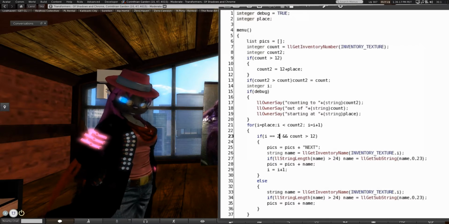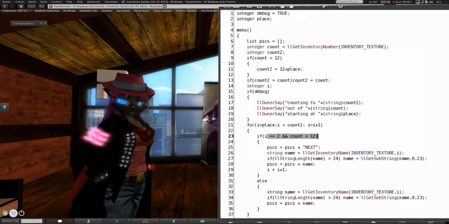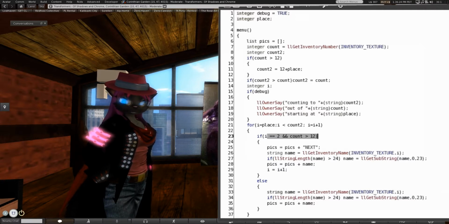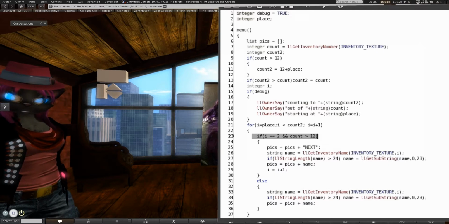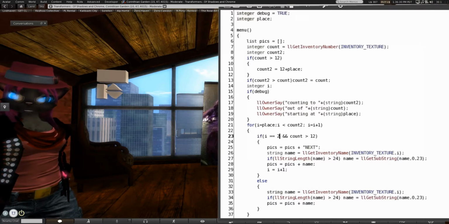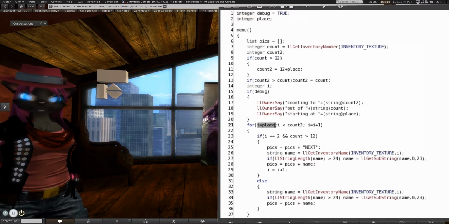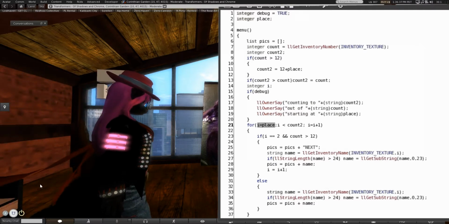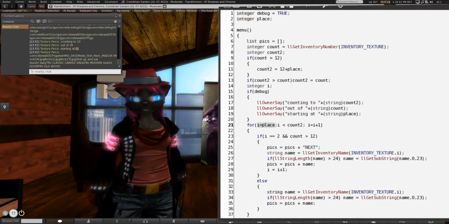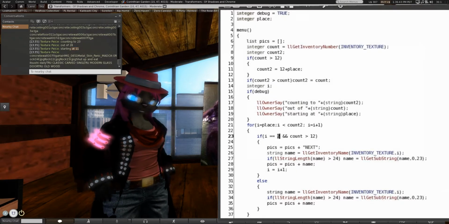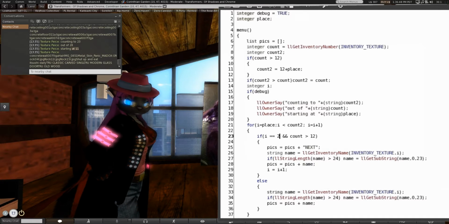So down here, we want to check this based on place. Right now, it can't come up with this at all on your second run through. On the second run through, it can't reach 2 because we're starting at 11, so it will never reach 2 because it's already past it. So we're going to make that 2